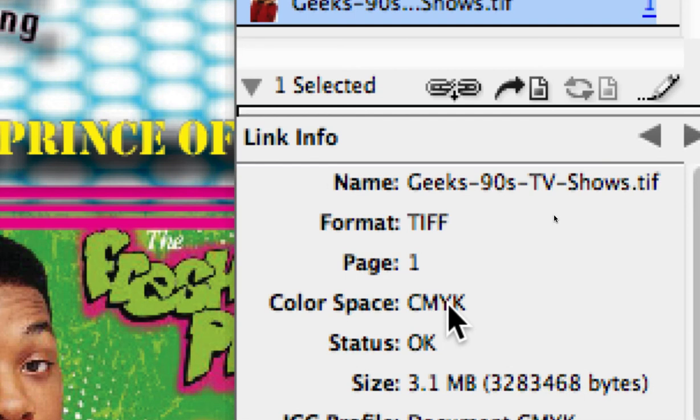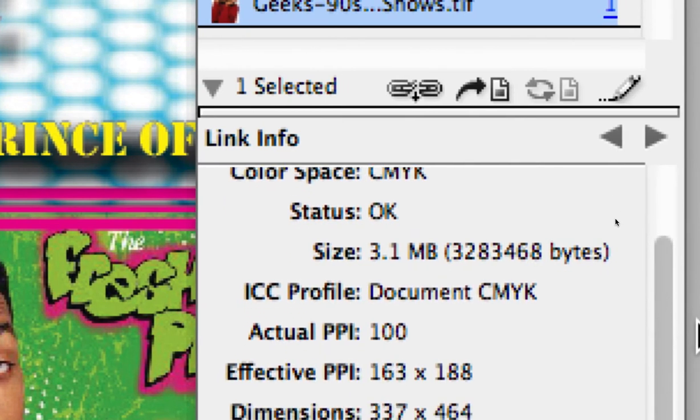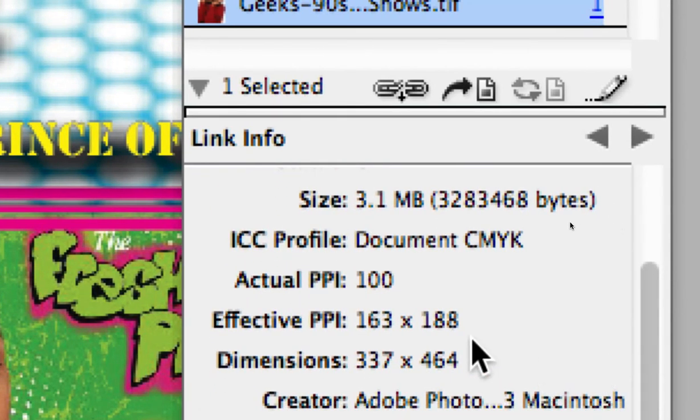As a matter of fact, there's the other previous video on image prep, and it goes through those details, the things you need to do for all of your images in Photoshop. So this tells me it's a TIFF. It tells me it's a CMYK image, and it also gives me information about the all-important